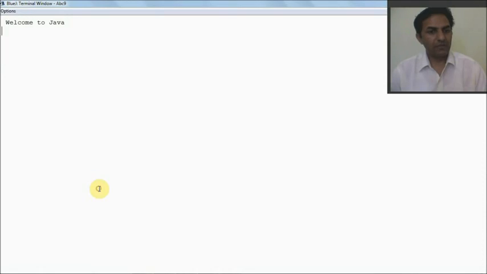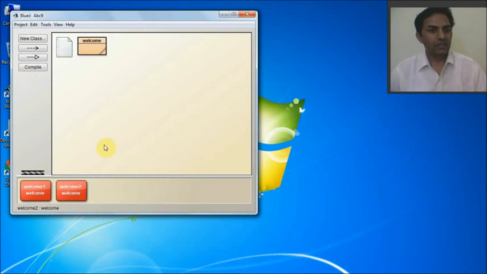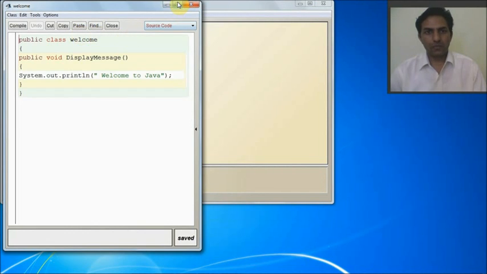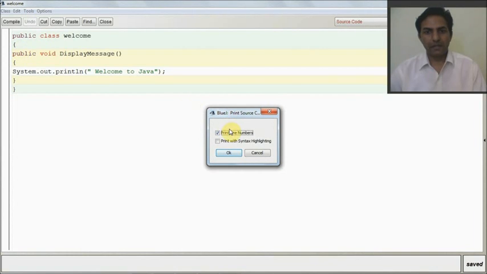However many times you use this message or this function or method, it will show the terminal window with the same output command which you are using in your program. So this was how to create an object and all that, and this is to create or edit program code. How to create or print a source code. Double click on your program and click on print here. So when you click on print, it will display print line numbers and all that.